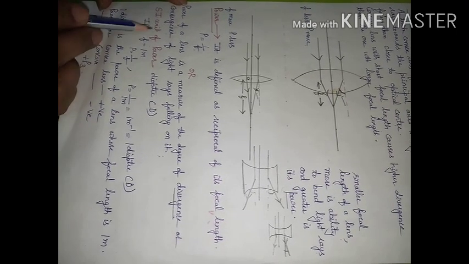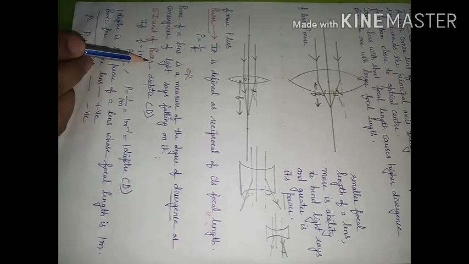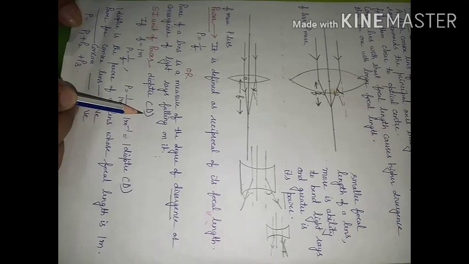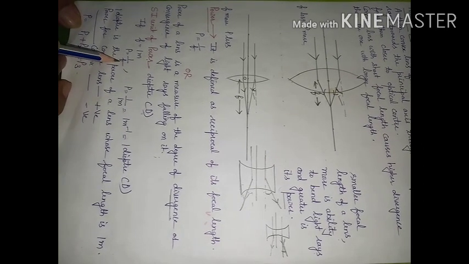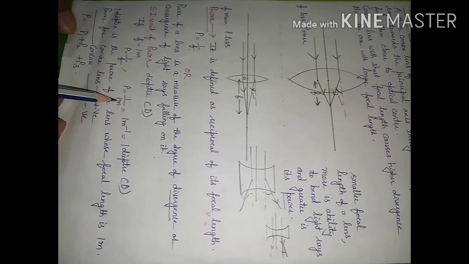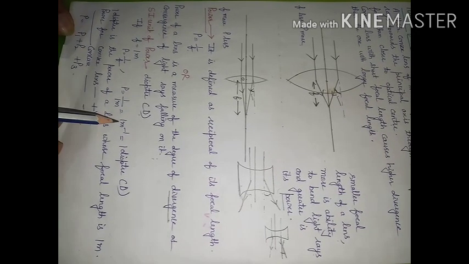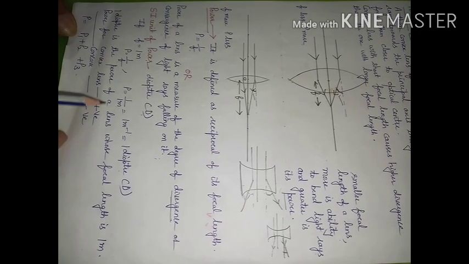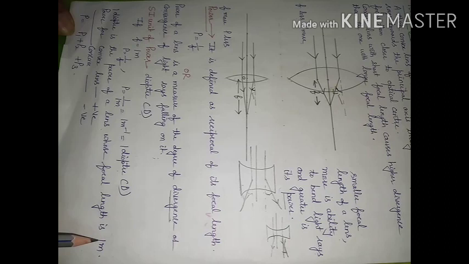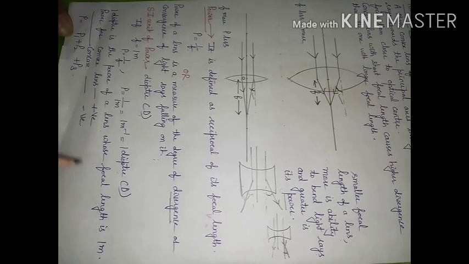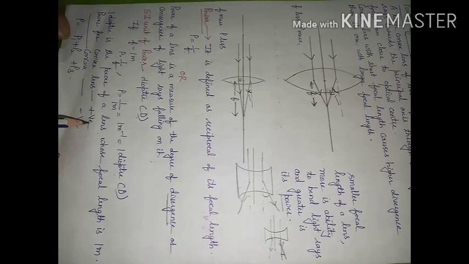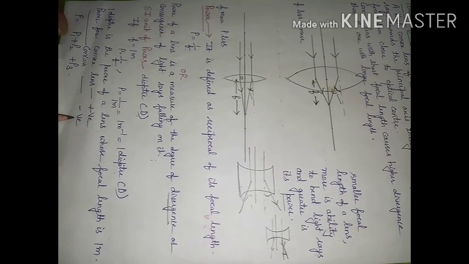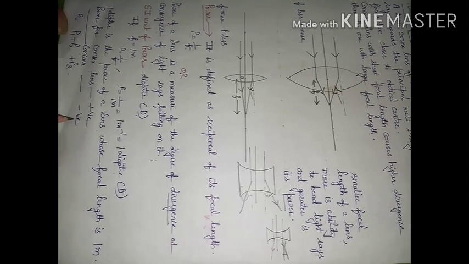One mark question: what is the SI unit of power and define it. The SI unit of power is going to be diopter. And how will you define 1 diopter? Power is equal to 1 upon F. If the focal length of a lens is 1 meter, then power will be 1 meter inverse, that is known as 1 diopter. So 1 diopter is the power of a lens whose focal length is 1 meter. And focal length for a convex lens is positive, so power for a convex lens will be positive, and focal length for a concave lens is negative, so its power will also be negative.